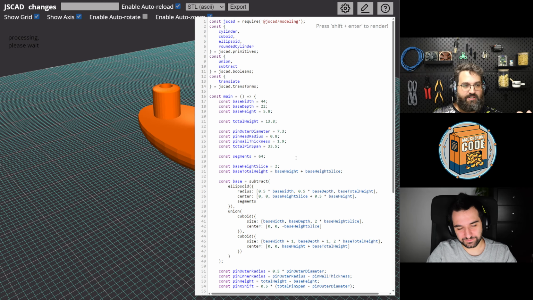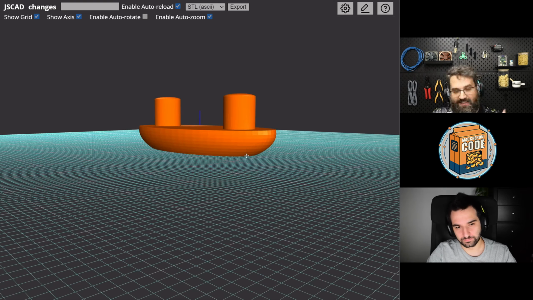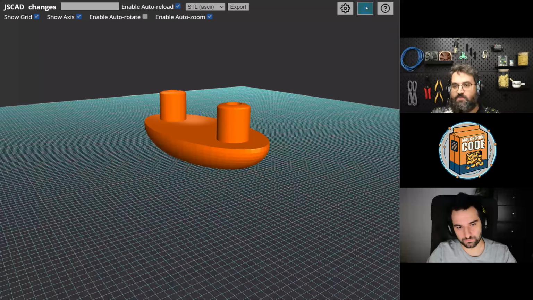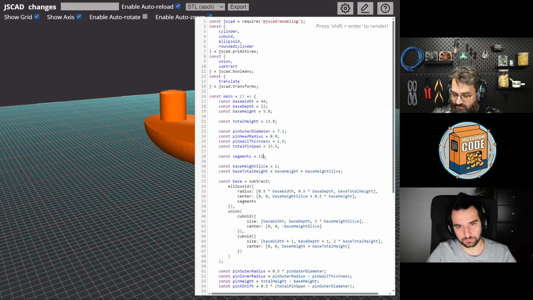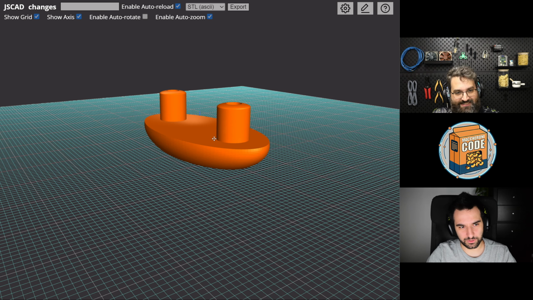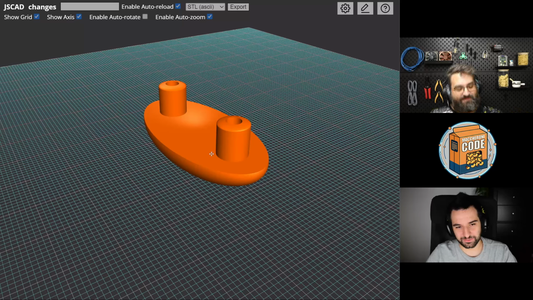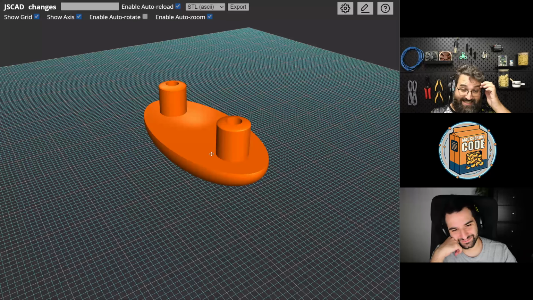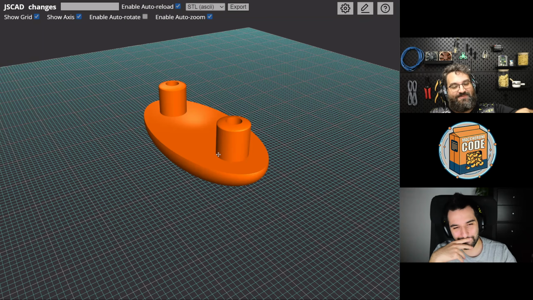So 64, you see that it's taking a bit longer, but it's getting smoother. It takes longer to compute, but it gets smoother. We can go nice double, 128. And it's gonna take a lot longer, but it's gonna get a lot smoother. Not double anymore. We can probably push it. Well, it actually gets 4 times longer, but we can push it.